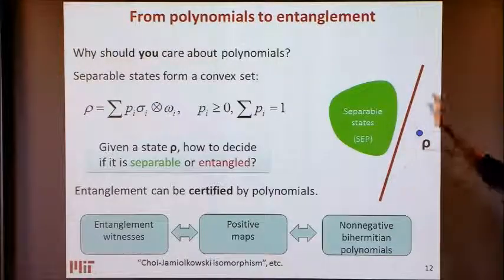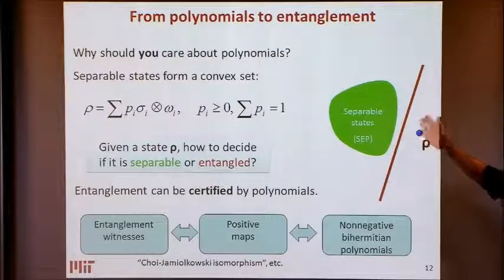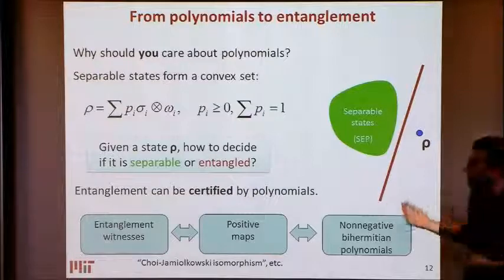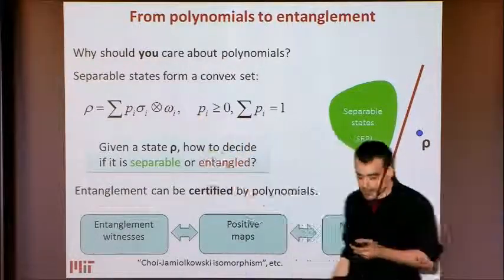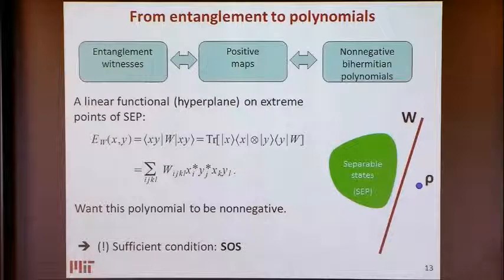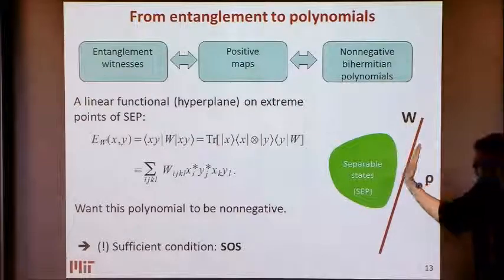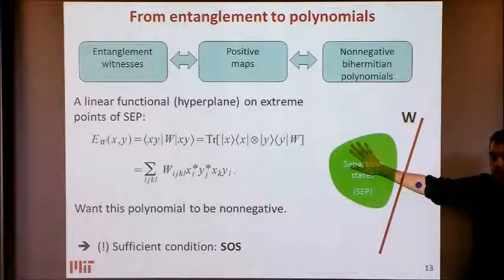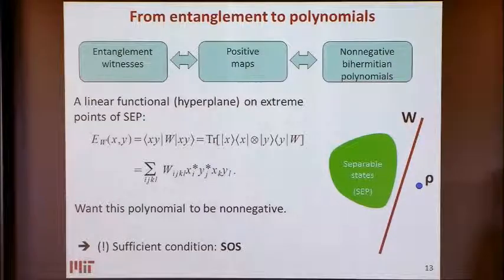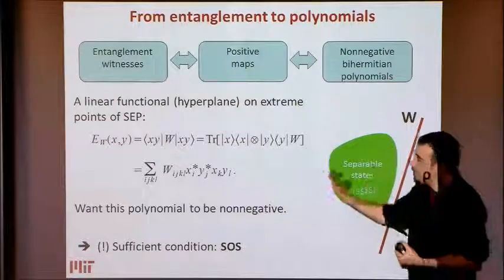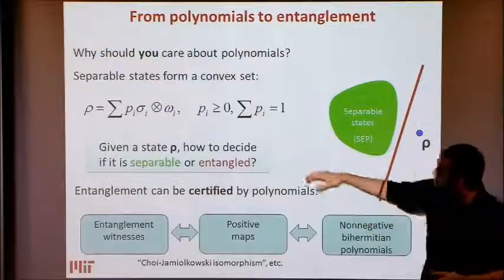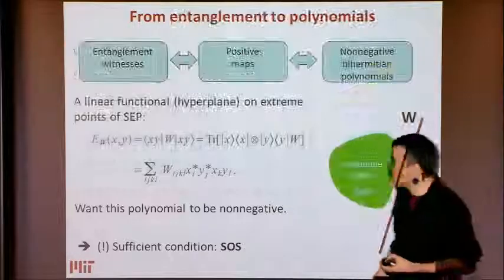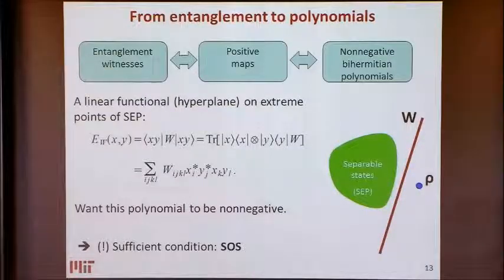If you're not exposed to this viewpoint, it may not be obvious that you have some nice underlying polynomial in here, but it's actually pretty easy. Right? Because the idea is, if you want to check whether a hyperplane is non-negative on a convex set, it's of course enough to just check on the extreme points of your convex set. Right? And I can easily parameterize the extreme points in here, because the extreme points are exactly tensor products of rank 1 matrices.